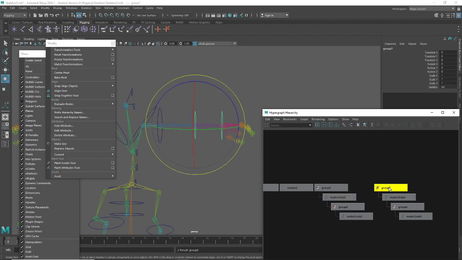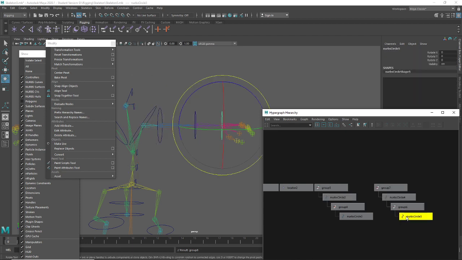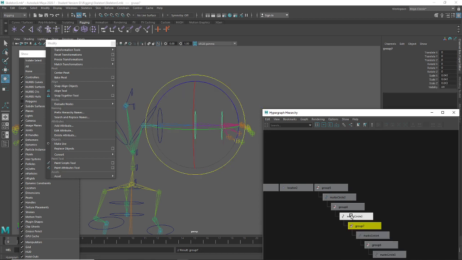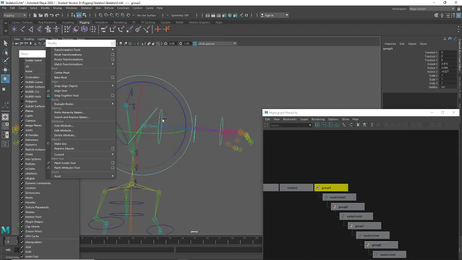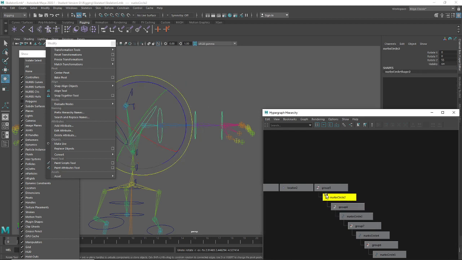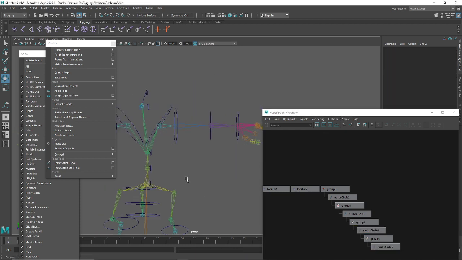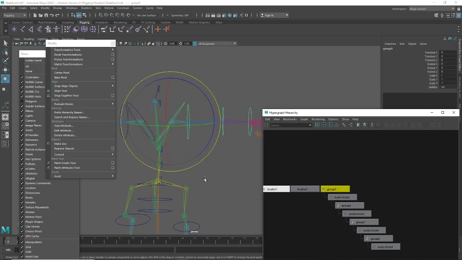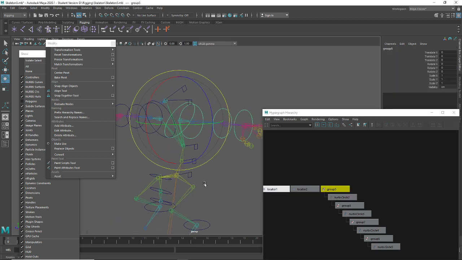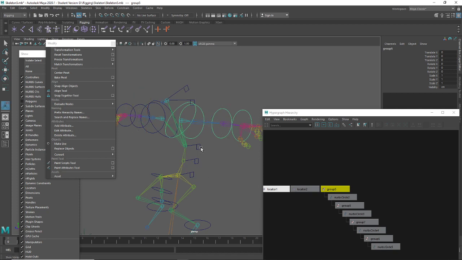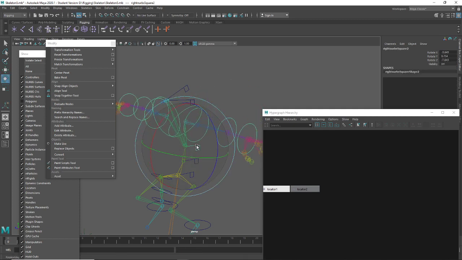And then this one will go under this one. So when I rotate this, that rotates that. When I rotate that, okay, so we're going to grab the mirror circles here to test them. Yes, yes, yes, yes, okay. So now this group will get parented, tap T, to this P. And now that rotates